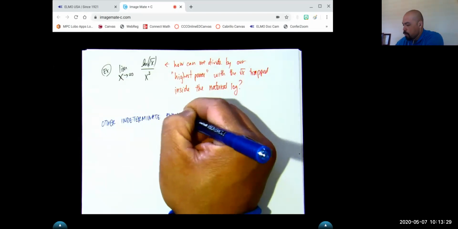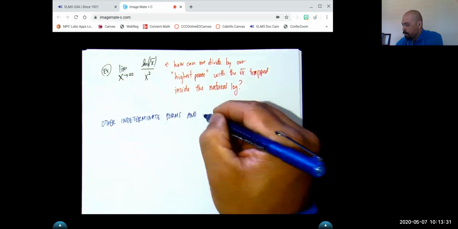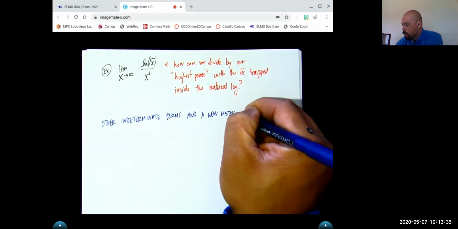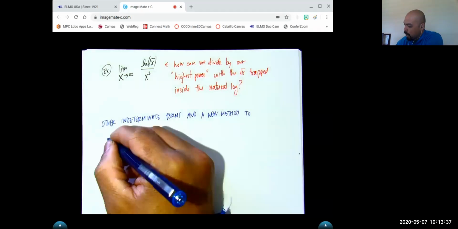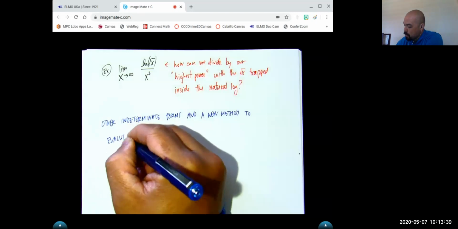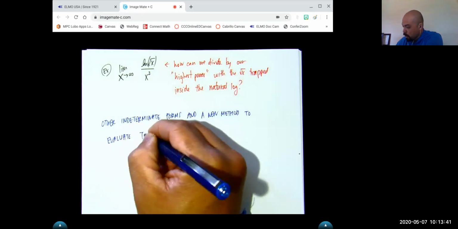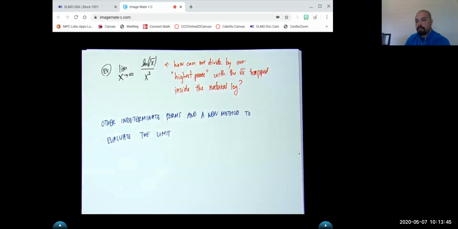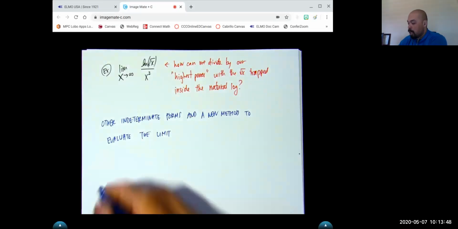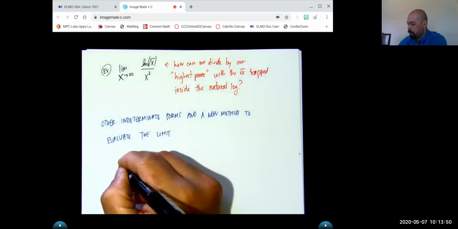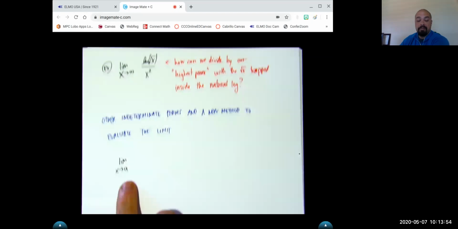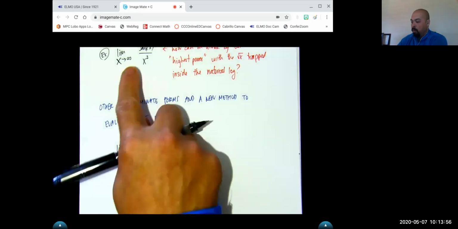Okay. And a new method to evaluate the limit. Okay. So thinking about these problems where we have this limit as x approaches a, where a can be infinity, negative